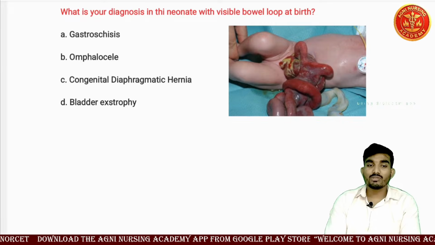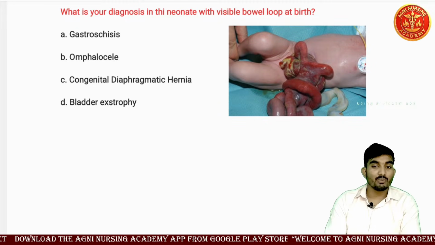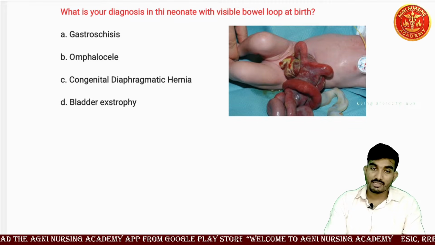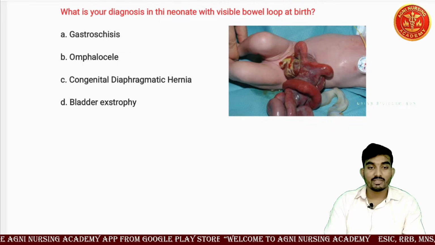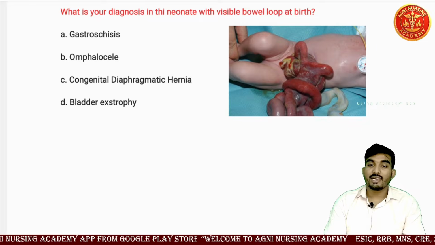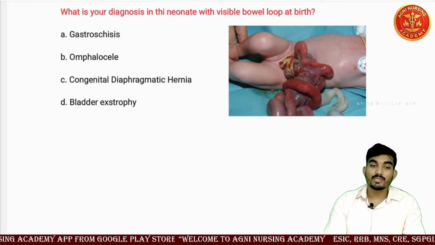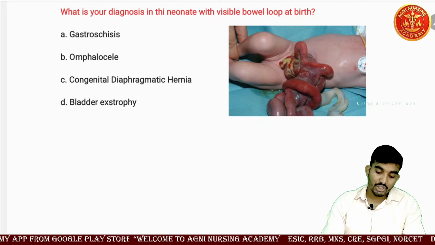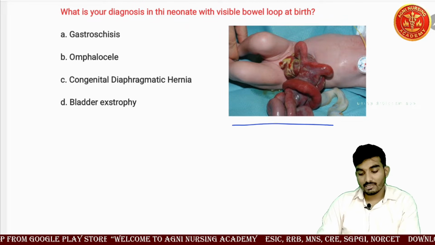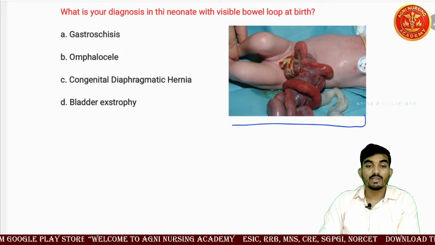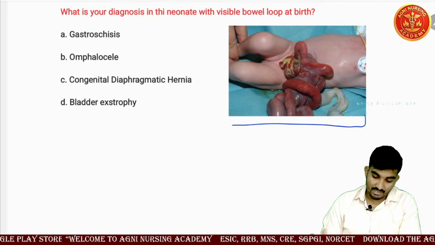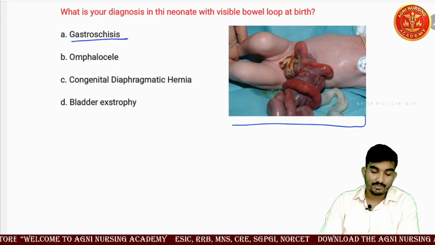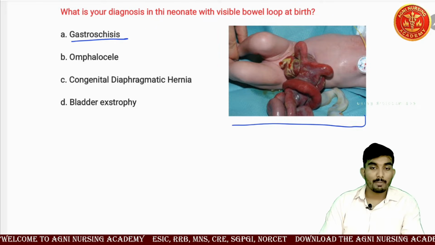What is the diagnosis in the neonate with visible bowel loop at birth? Option A, gastroschisis. Option B, omphalocele. Option C, congenital diaphragmatic hernia, and option D is bladder exstrophy. In the image shown, what is this? A question like that is asked. Okay, we will see. Gastroschisis means there is a protrusion of abdominal content